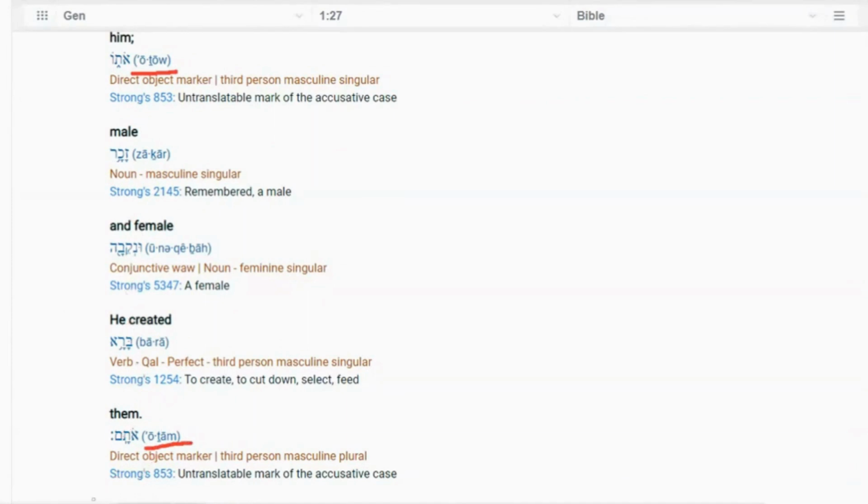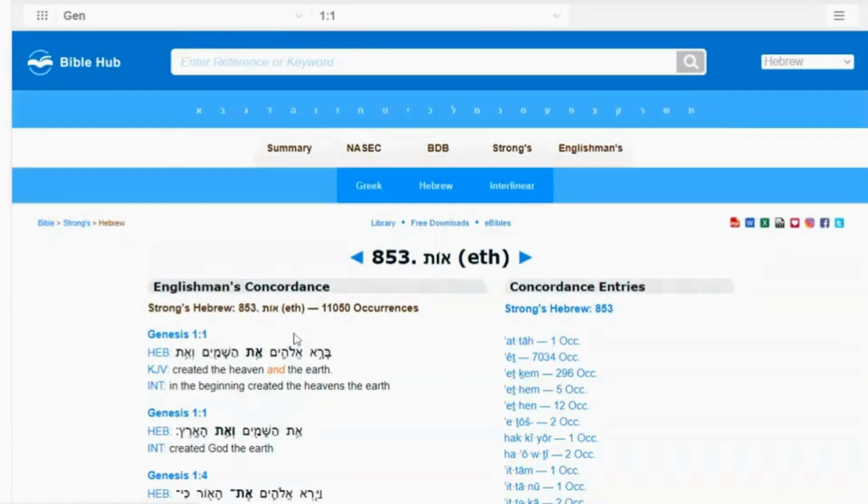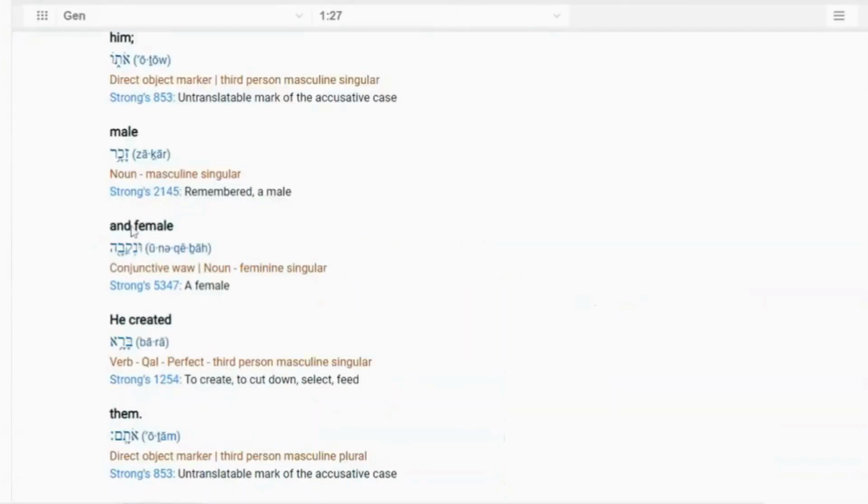But this is what I want you to see with this, even this word otam or oto. If we look at Strong's, which is the concordance that is typically used, a very well-known concordance which has every word of the Bible broken down to its meaning without it being in context. So we see that Strong's 853 means eth. What the translators of the Bible did in using otam and otah or otau is that they said that in one instance it means him, in one instance it means them. But what it means is that in that singular creation of Ha-Adam,